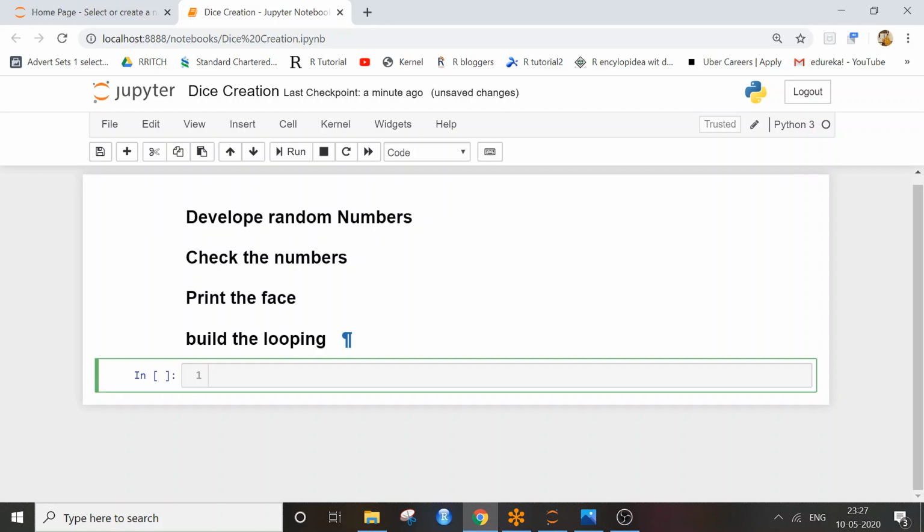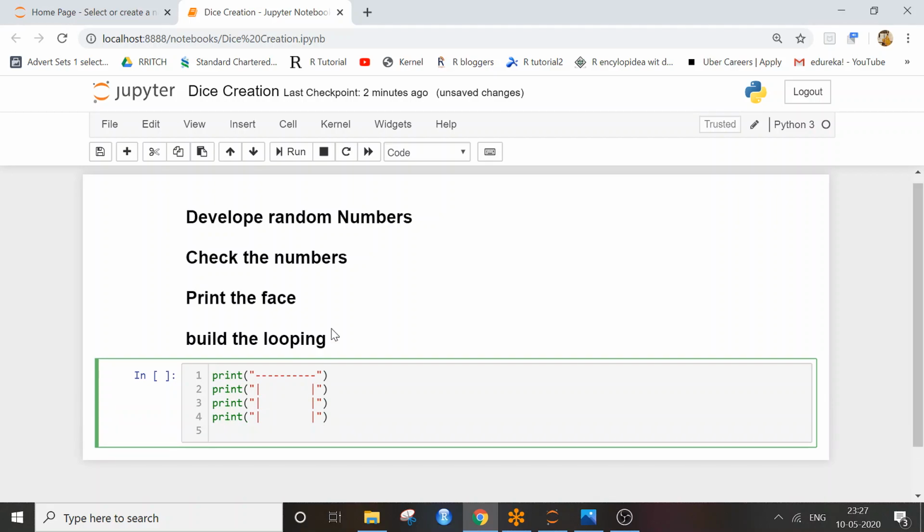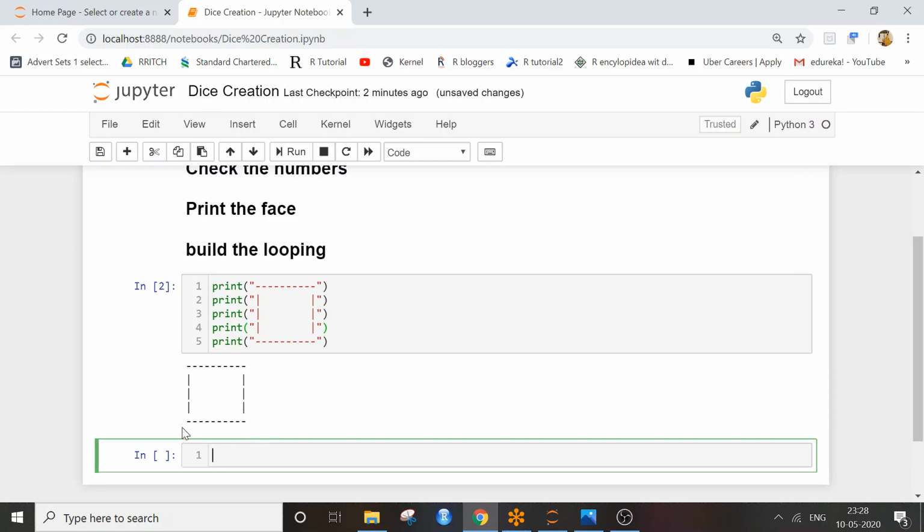Let us first design a die. For that I am using print statement quotes, again print this, again use a print statement with this design, spaces, and end with this. Delete one space. I'll copy this twice for a larger size, and I'm going to print this at the end again. Let me print this and check. Yeah, this looks cool, a cool design.